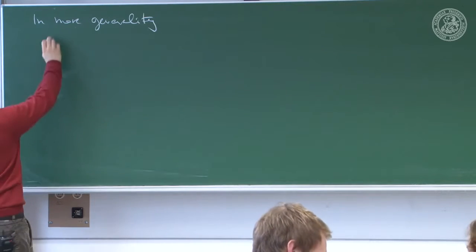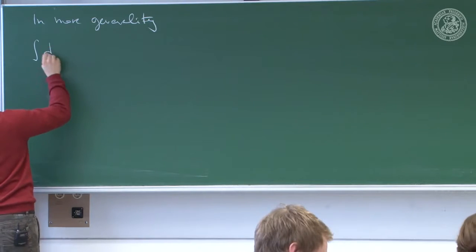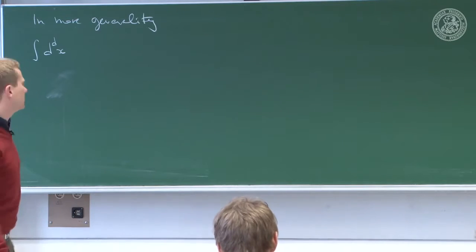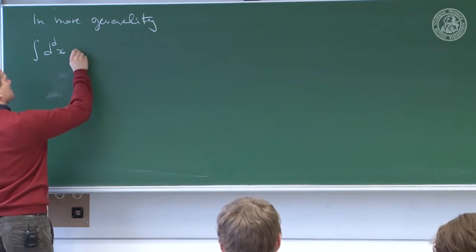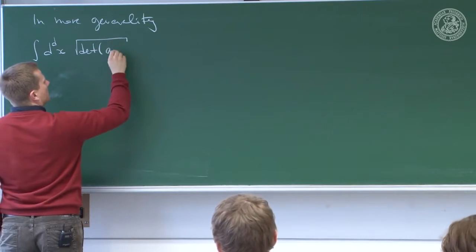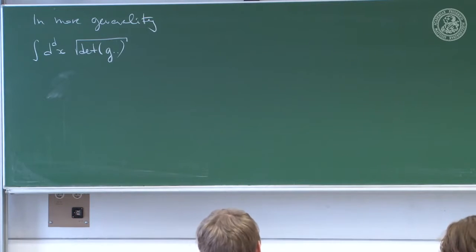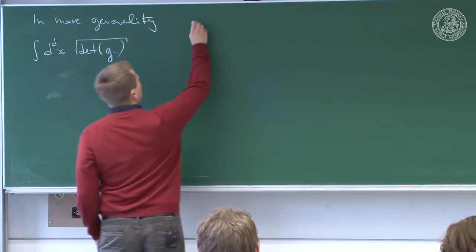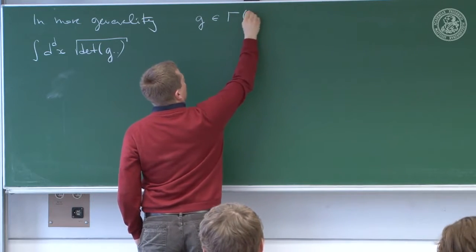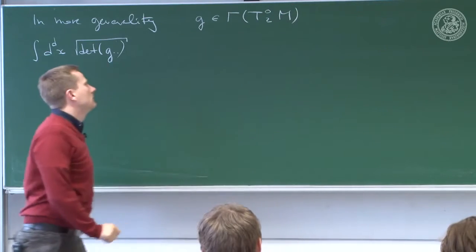So let's look at an integral d to the dx, where x are some coordinates. I propose to write a determinant of a 0,2 tensor. I indicate this by 2 dots down here. So let G be a section of the 0,2 tensor bundle over M,